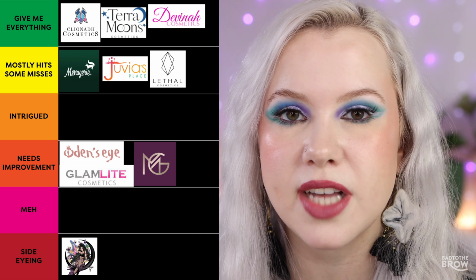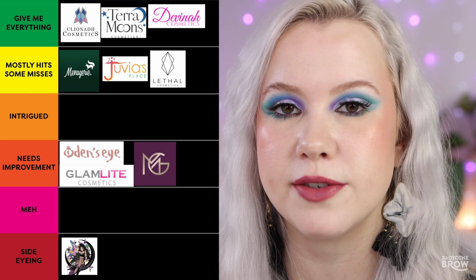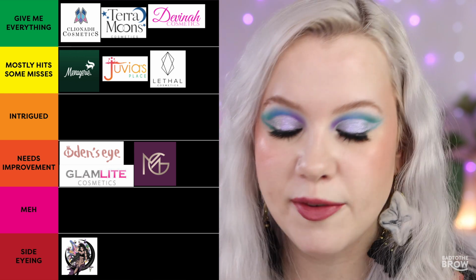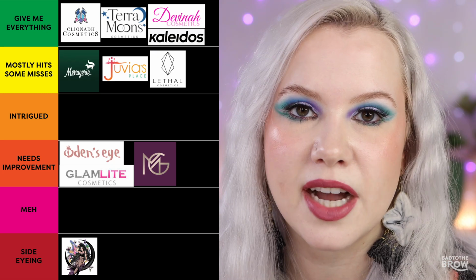I love their highlighters, I love their eyeshadow palettes, and some things I had already purchased before I actually started receiving PR, which has been really exciting. But even if I had not received PR, I would have been purchasing a lot of these products that they have been releasing. So they're definitely under Give Me Everything, because I really love their whole entire vibe. And so those are all the indie brands on my list that I wanted to talk about in this makeup tier list. But let me know in the comments below if you'd like to see a part 2, because there are